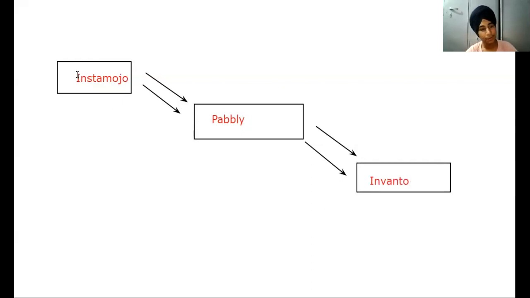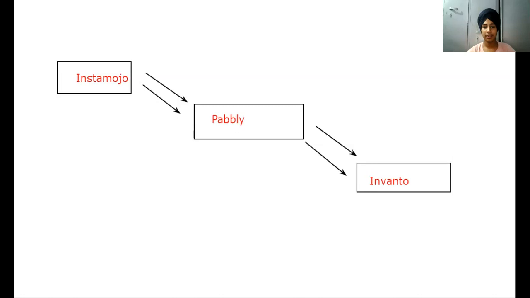We can also do direct InstaMojo to Invanto, but the thing is, InstaMojo also sends webhooks for failed payments. I have seen platforms like Razorpay send webhooks only for successful payments, but they have one webhook for every product. So for filtering that out, you also need an integration tool, right? But if you have one product, you can go with Razorpay as well. So now you are integrating InstaMojo with Invanto using webhooks, and let me explain how you can do the same.